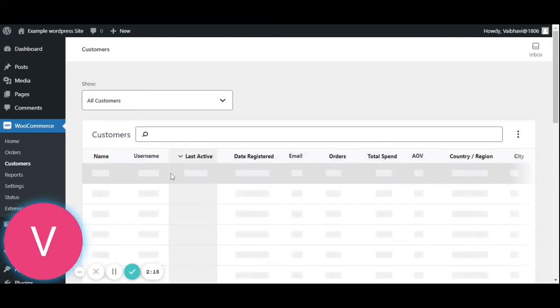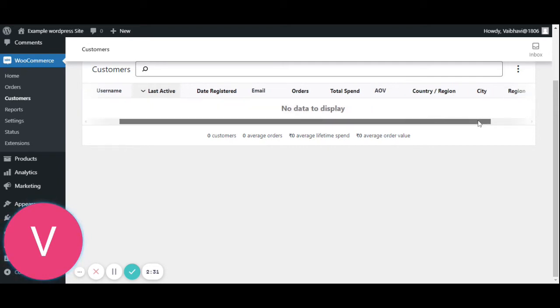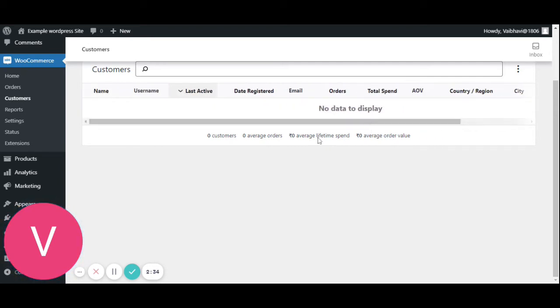Here you can find all the details of your customers, their name, their username, their email ID, their orders, the amount they have spent, the average amount they have spent on your website, and where they are from, and several other information. Then you have the reports tab.